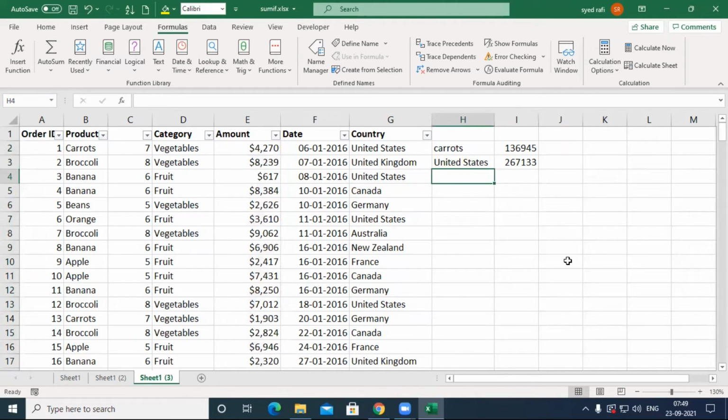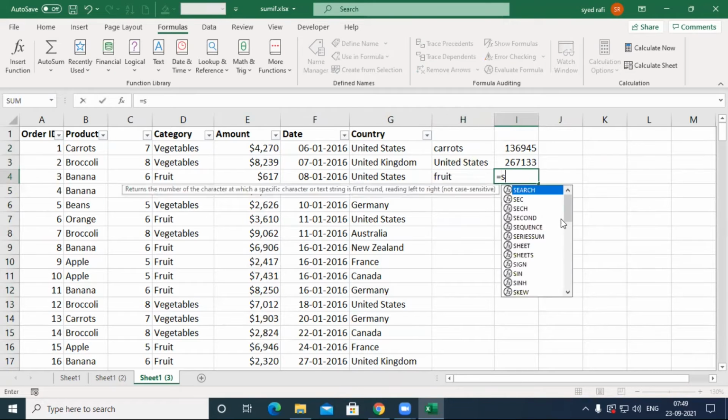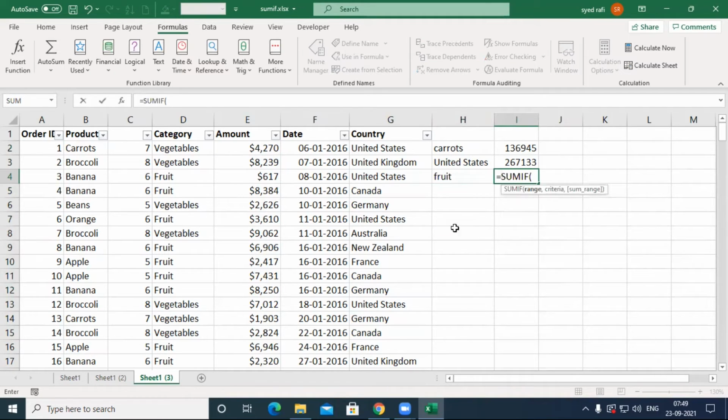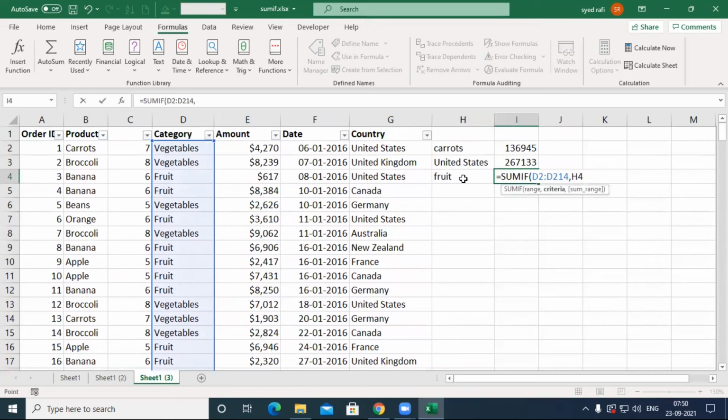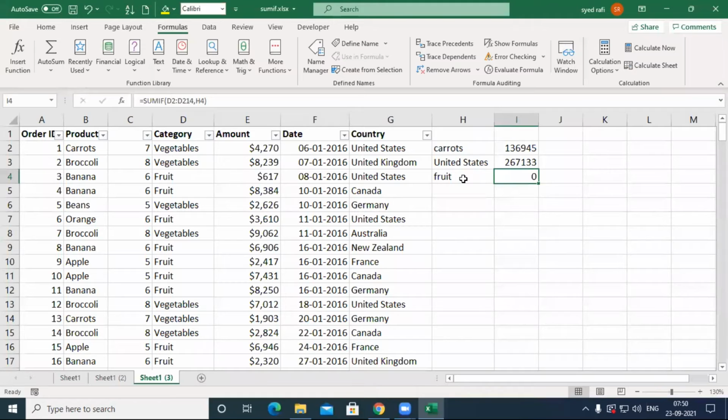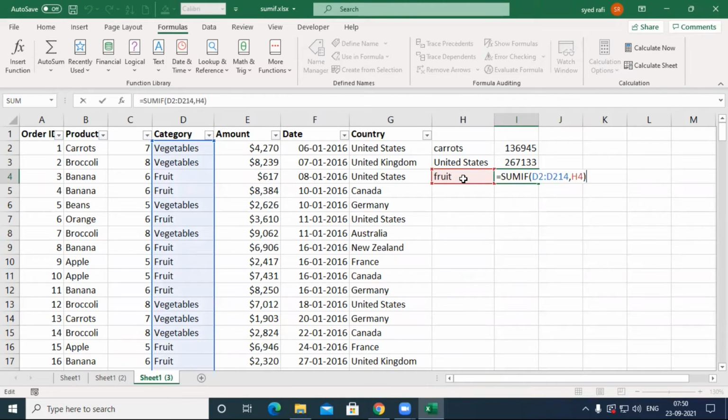Now I want to count by selling fruits how much value I collect. So simply you type fruit. Now you may write like SUMIF, criteria range is the category, comma, and the criteria is the fruit, and press enter. What happened? Why is it displayed like this? Can anyone give the answer? Why does it display a 0?